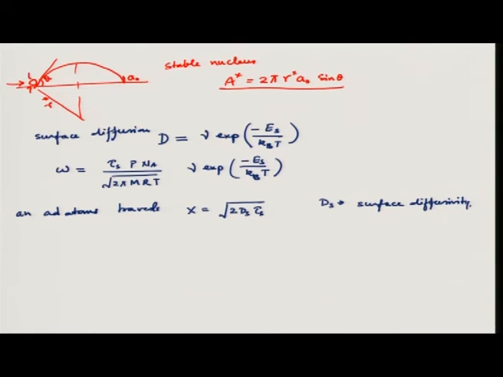Now, again we can write this in terms of Ds equal to 1 by 2 a0 square nu x minus Es over kBT. So, this is the surface diffusivity of the atom. This is the surface diffusivity of the atom which is directly impinging on your nucleus. They are two different terms, and this term is added in this.